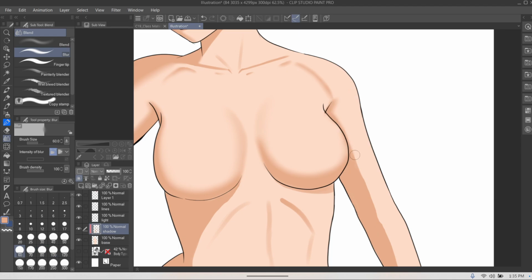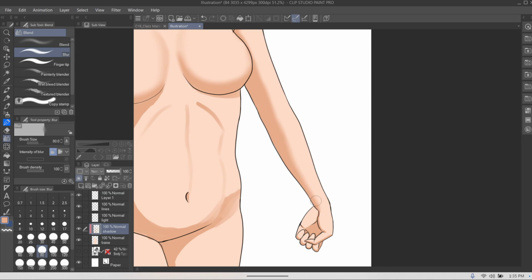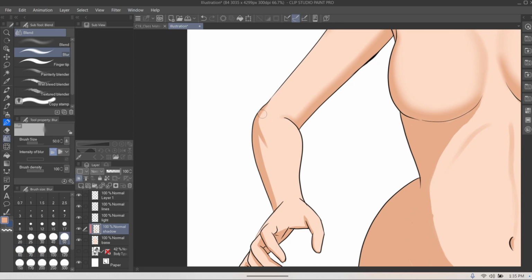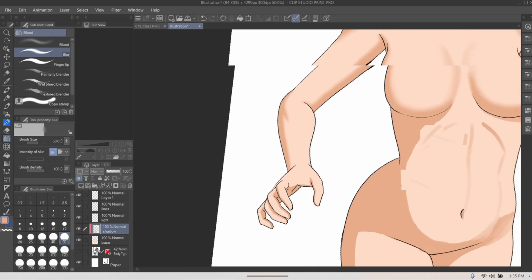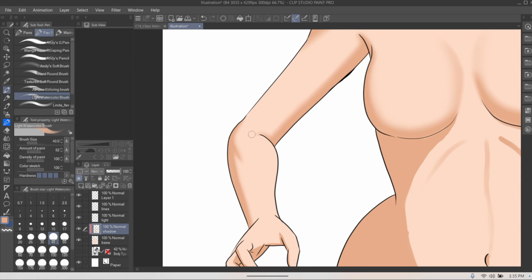Then we're gonna blend this here, the arm. See how it's starting to look smoother on the skin, right? And you see this here? You see how you can define the muscles with the shadow? Because if there's a muscle that goes in like this, we can actually detail it simply with the shadows,